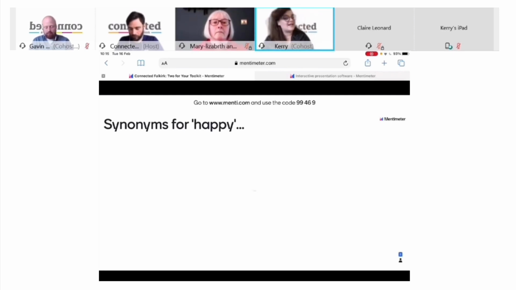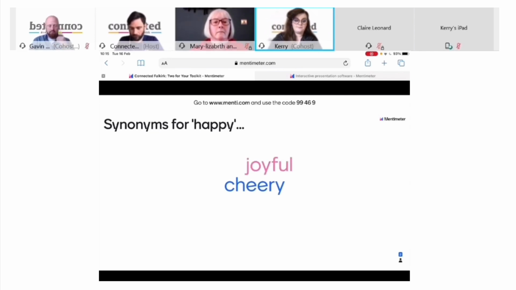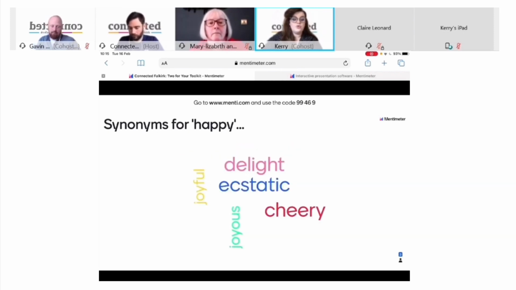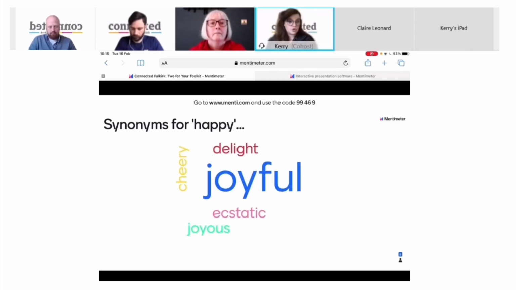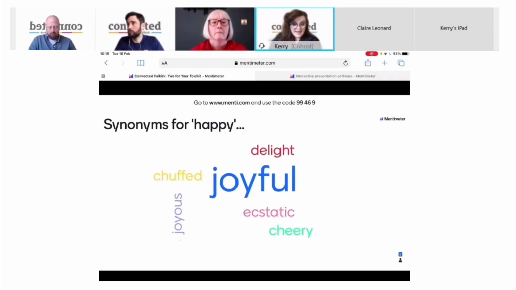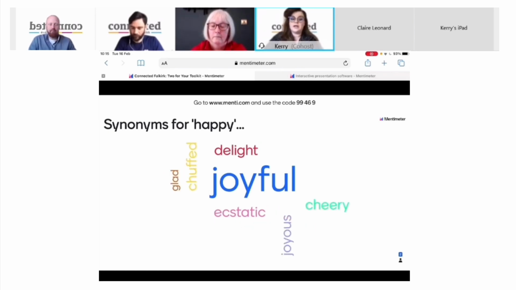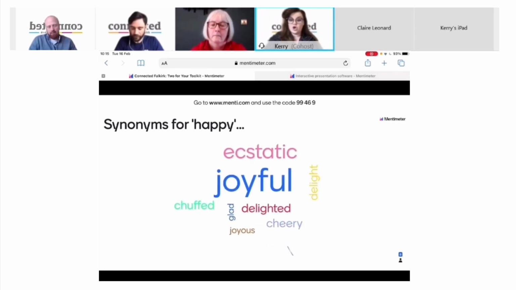The code is 99469. And something that's important to note is that when you are a teacher and you're making a Mentimeter, you're using the website mentimeter.com, but when pupils play the Menti or engage with the Menti, it's www.menti.com. So we're going to start with this word cloud slide, and we've already got lots of people working on